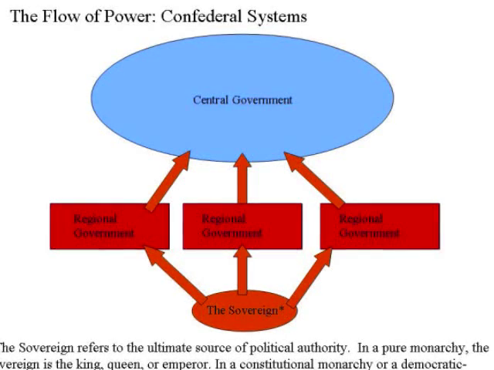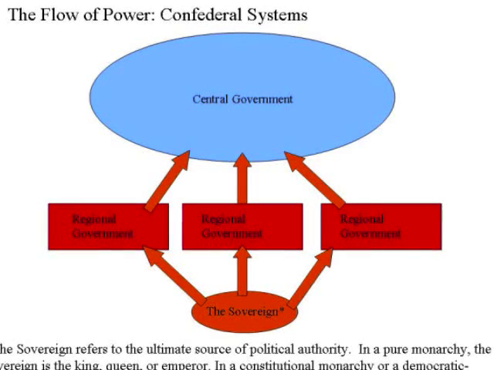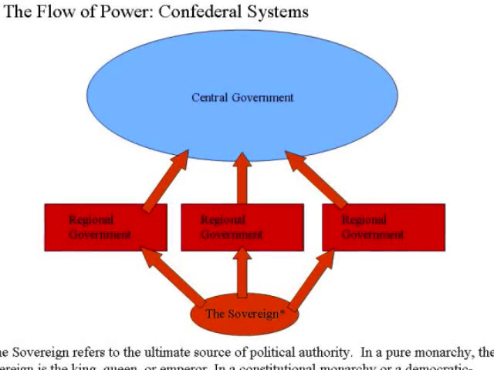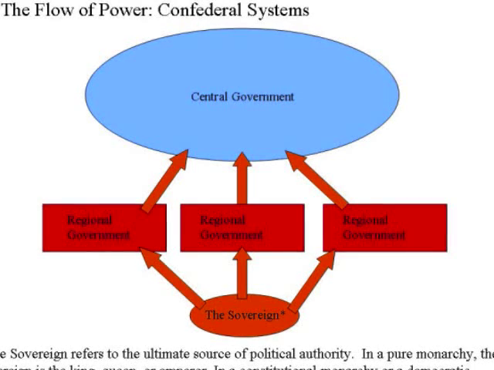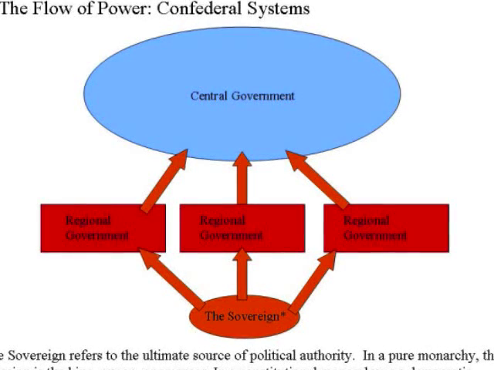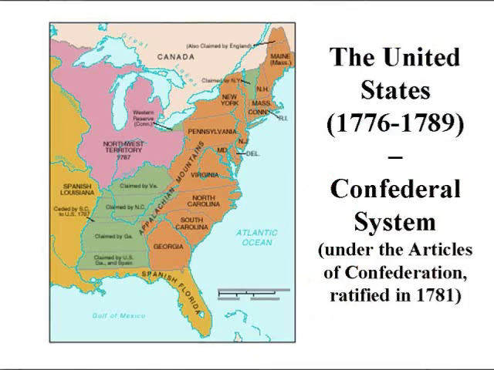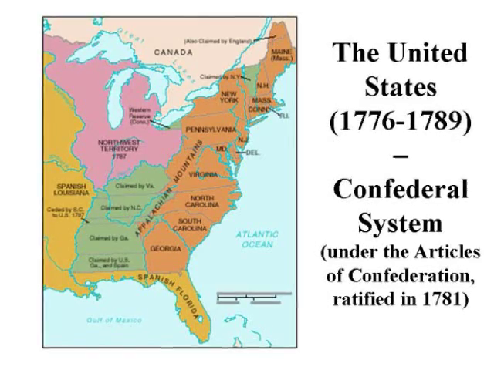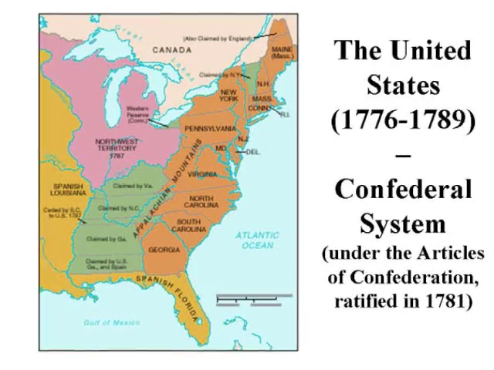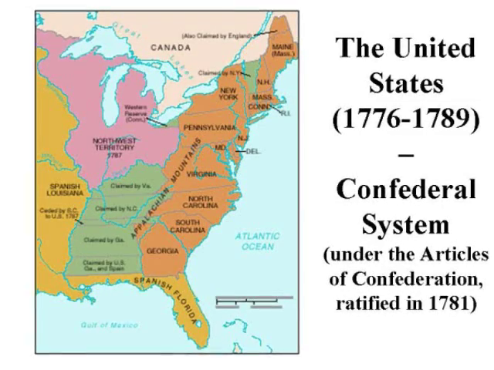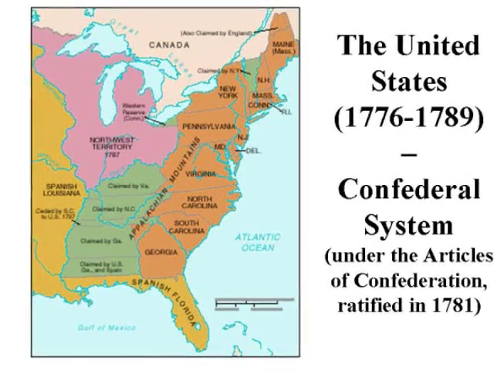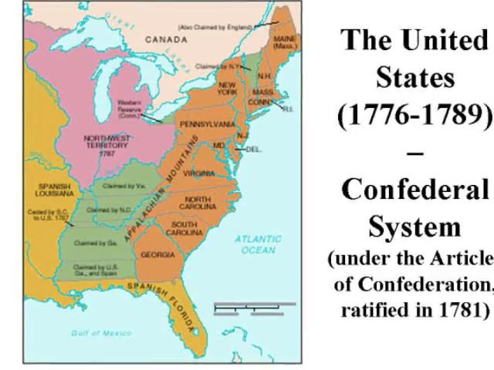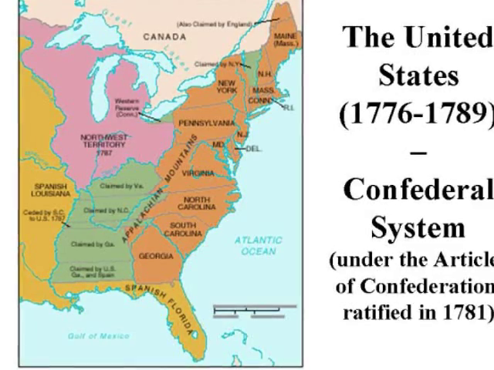Examples of confederacies in the world today are difficult to come by, perhaps because historically confederal arrangements have proven to be largely unsuccessful. Lack of cooperation among regional governments has spelled doom for confederacies. After its Declaration of Independence in 1776, the United States operated as a confederacy under the Articles of Confederation until 1789, when the Constitution went into effect. The Americans learned relatively quickly that the survival of the United States would require greater unity of purpose.